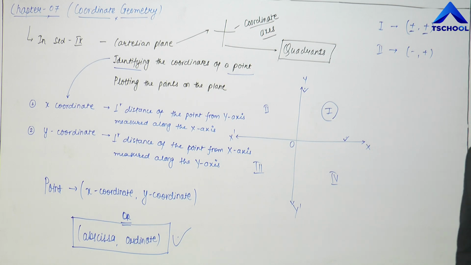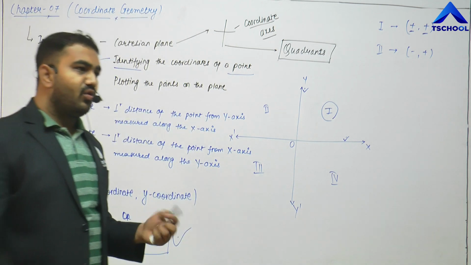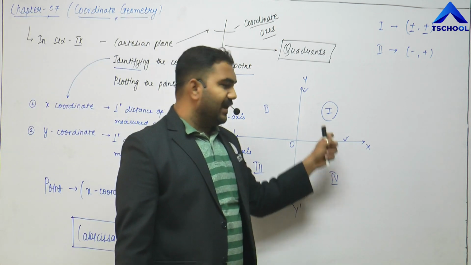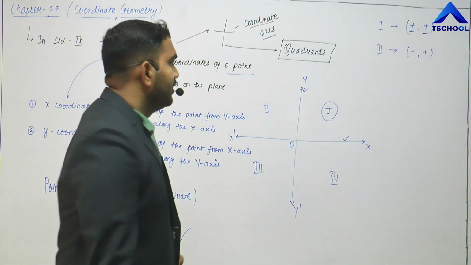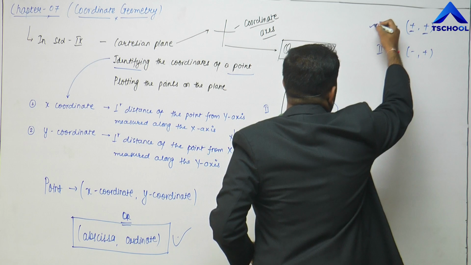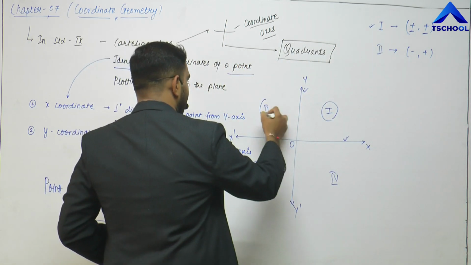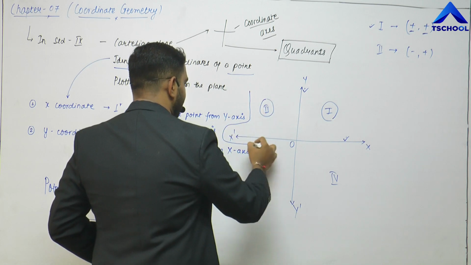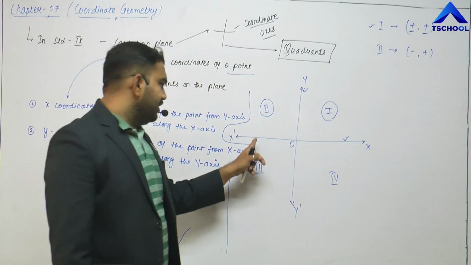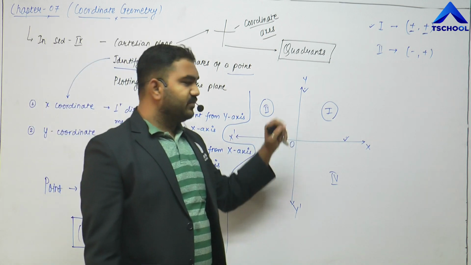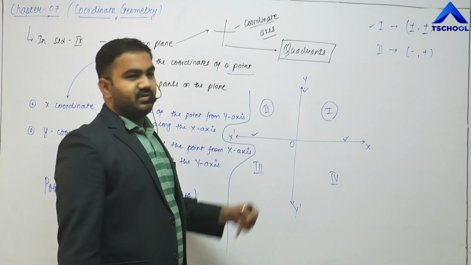So both the axes are positive, and hence you can say that both the coordinates of a point lying in the first quadrant will be positive. Yes or no? Yes. So the first quadrant had both the coordinates positive. Similarly, looking for the point in the second quadrant, the second quadrant is made up of negative x-axis and positive y-axis. Right, this is my negative x-axis and that is our positive y-axis.